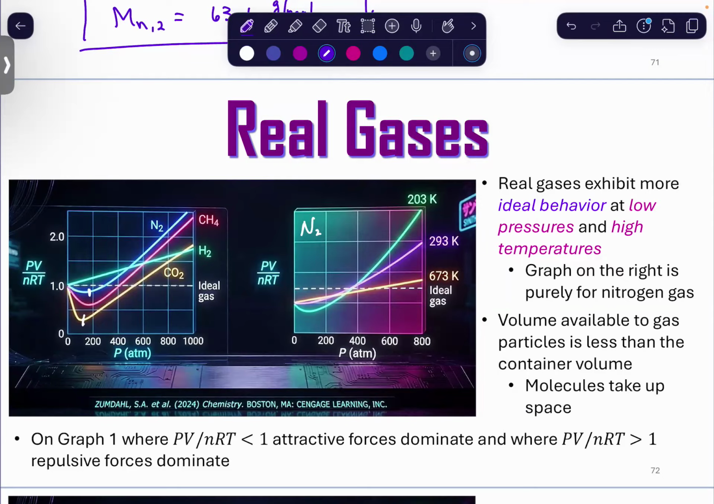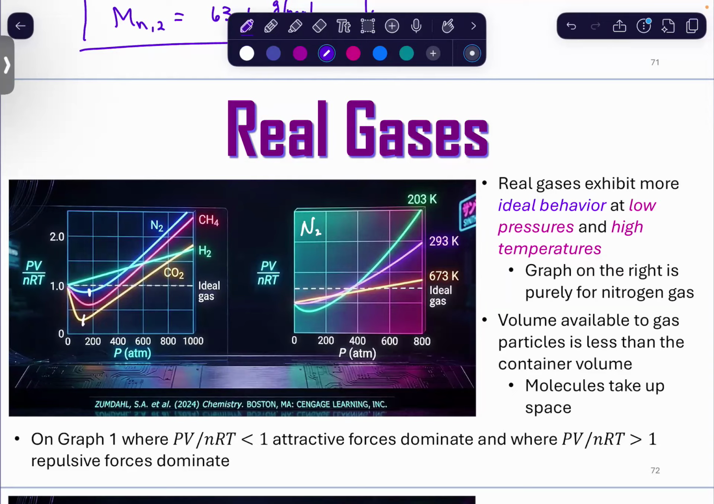So PV over nRT is called the compressibility of a gas. How tightly can you press all the molecules together? And you see here at very low pressures, the compressibility of your gases goes below ideal gas, meaning that you can compress the molecules together much more than an ideal gas. At your higher pressures, these gases shoot way above an ideal gas, so you can't compress them as much. Now you see a point there where some of the gases recross the ideal gas line, so they're each going